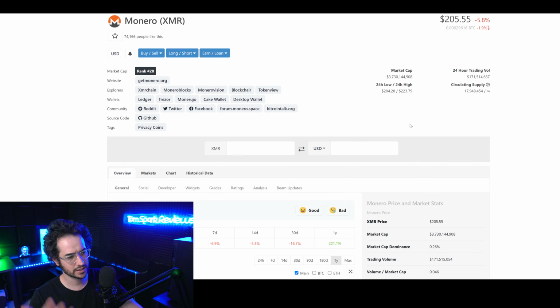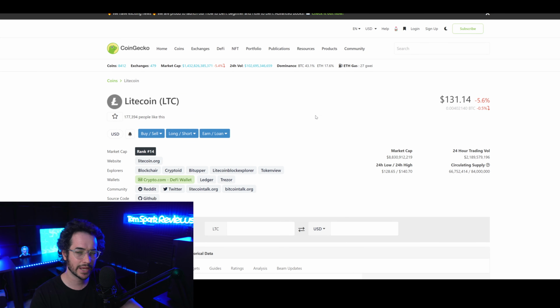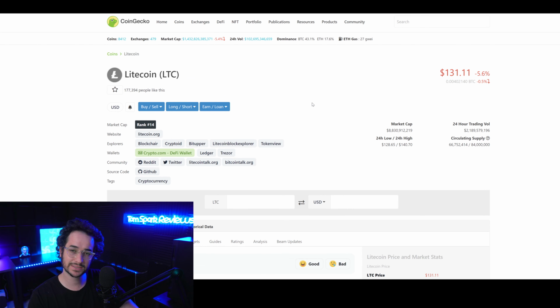You could shapeshift it around, and maybe stuff like atomic swaps coming out will be huge for it as well. So it'll be interesting to see what happens there. Now, number one on the list is going to be Litecoin, and you might be wondering, why is Litecoin on